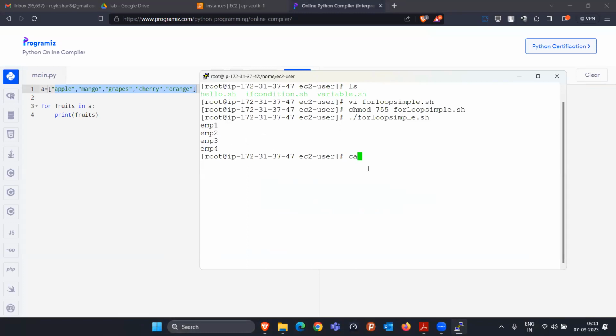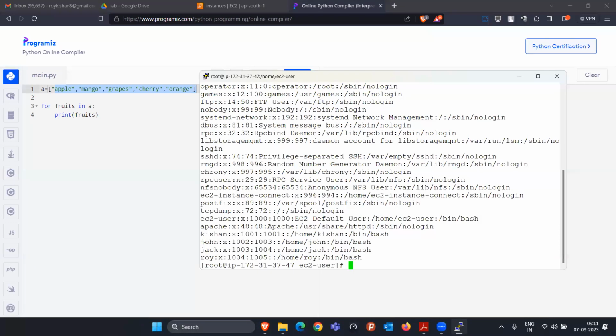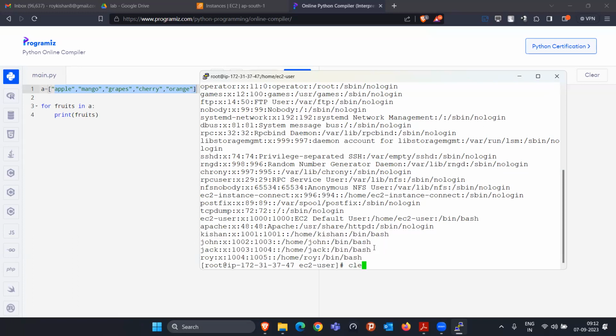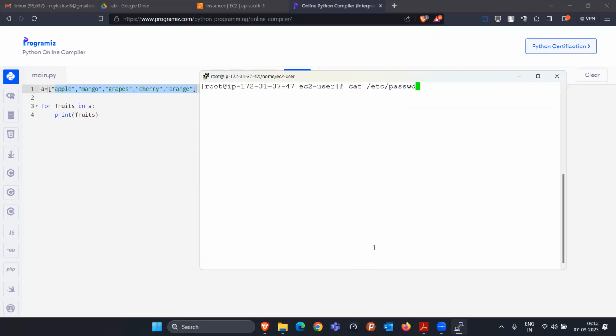If you remember, in the last to last class, in lab 4, I showed you how to create a user. Whenever we create a new user in Linux, it gets added here: Kisan, John, Jack, Roy. We just write the command useradd, and it creates the user with the name Kisan. Useradd Kisan creates a user called Kisan. Similarly, if there are 4 employees you want to create,